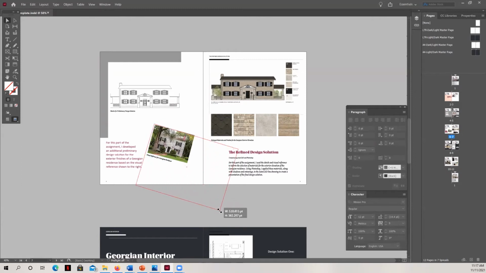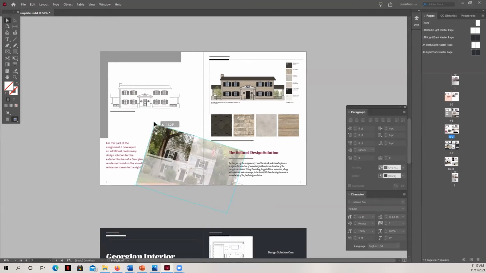So you can see here, if I adjust the size like this without holding down my shift key, the ratio of length to width will not maintain the same. But if I hold down my shift and my control button on my computer, I can adjust the size here. And you can see you don't see all of the image because it's placed and constrained by that box. You can also see it's just a little bit crooked inside. So if I want to adjust the alignment and size of my images, I have to double click on where they're placed, and then I can go ahead and change the size like that.